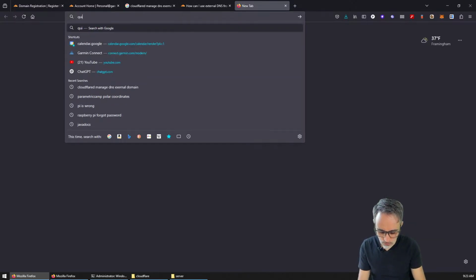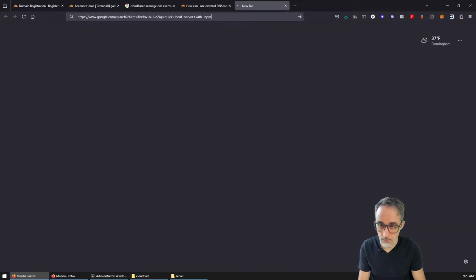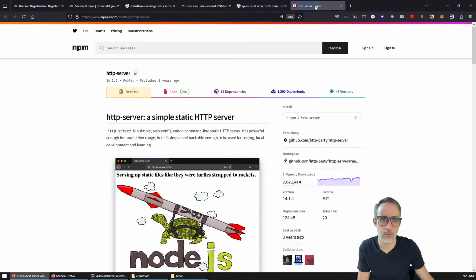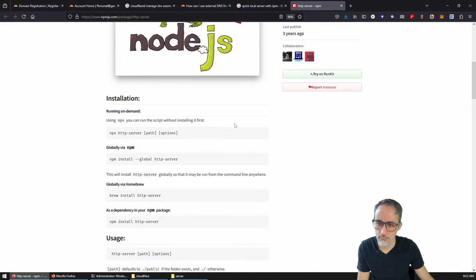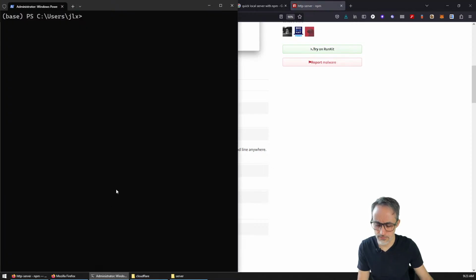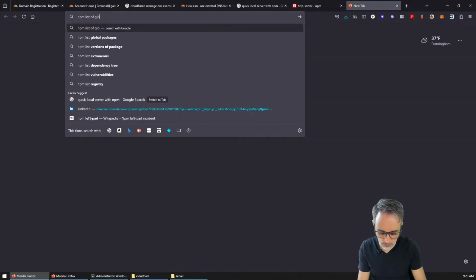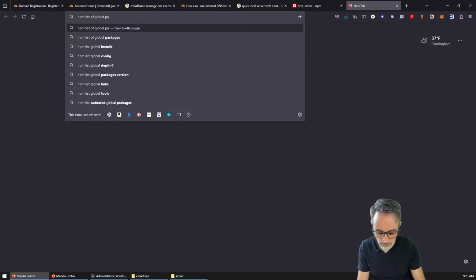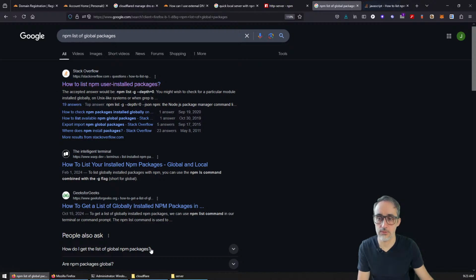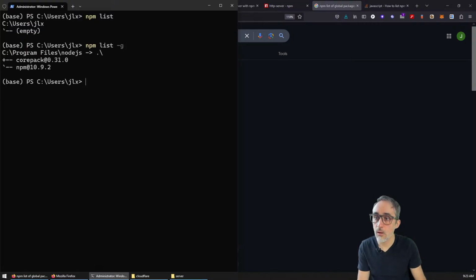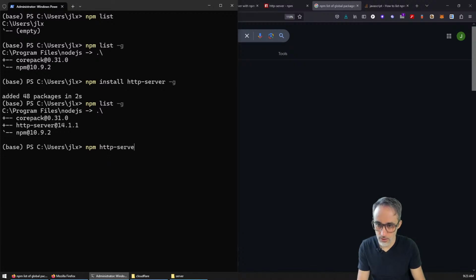Is there a quick local server with npm? HTTP server. So do I have HTTP server? I probably think npm list of global packages. Otherwise, list -g. npm install globally http-server. All right. And now it's ready. And now if I do http-server,